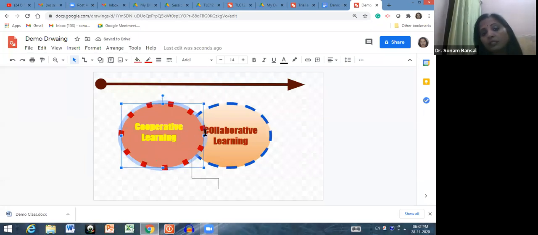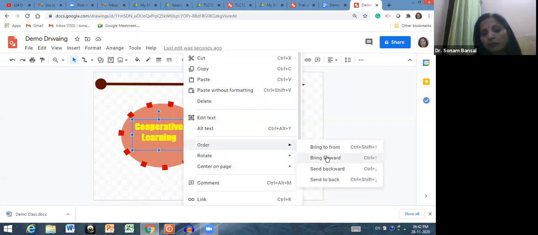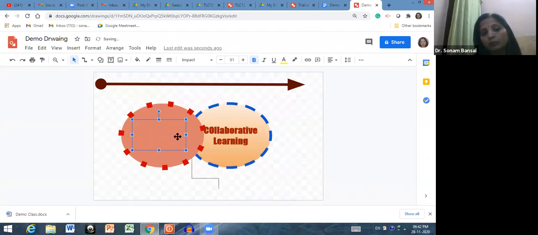See, now this figure comes forward as compared to this. If you want to make this go backward, click here, go to order and send backward. See, send backward. The text you have written goes backward.